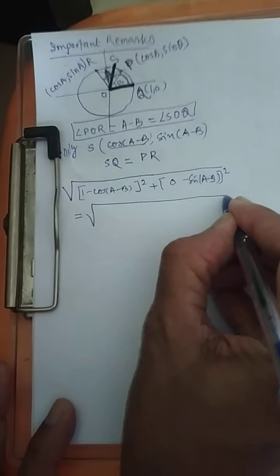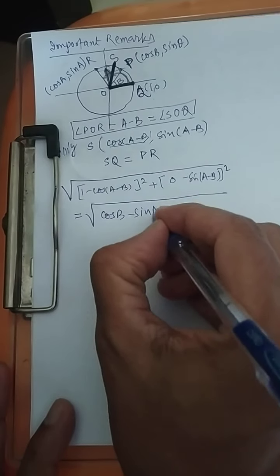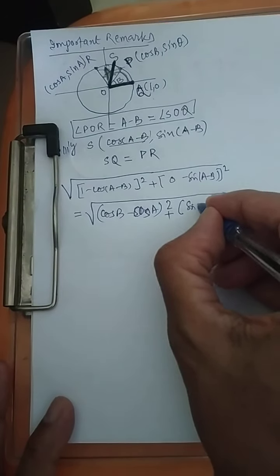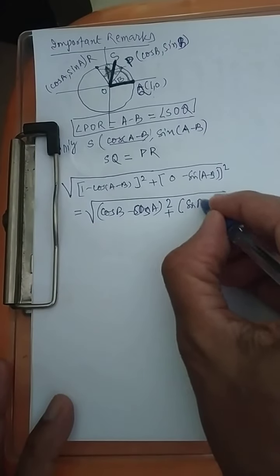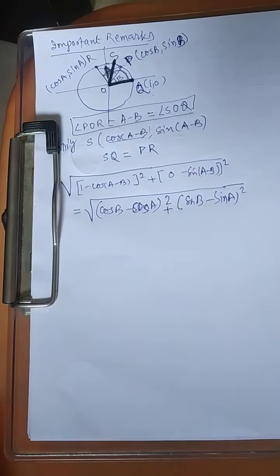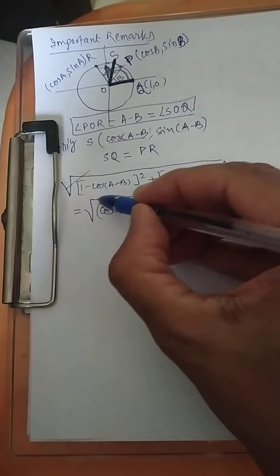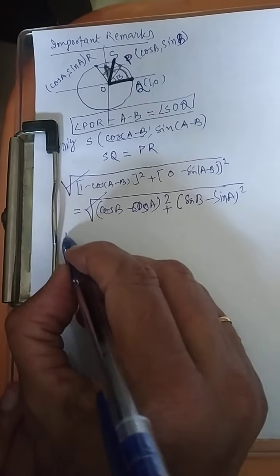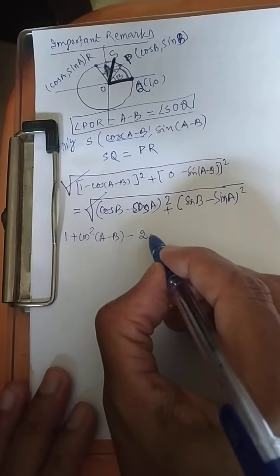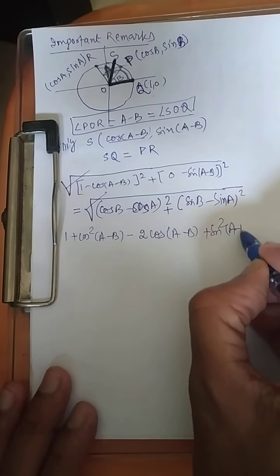Look at P and look at R. It will be cos B minus cos A the whole square plus sin B minus sin A the whole square. Now two things I am doing simultaneously. I am squaring on both sides so that this root will disappear, and opening the bracket. It will be 1 plus cos square of A minus B minus 2 cos of A minus B plus sin square of A minus B